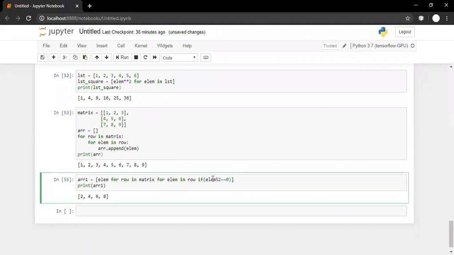It will return only those elements which are satisfying the criteria. So outer for loop, inner for loop, and inside the for loop we have one more control statement, and it is returning only those elements which are satisfying the criteria. So we have written all three statements in a single line. So Shubham, I hope I have answered your doubt. Yes, we can write multiple statements.